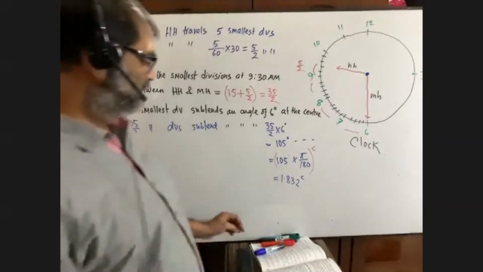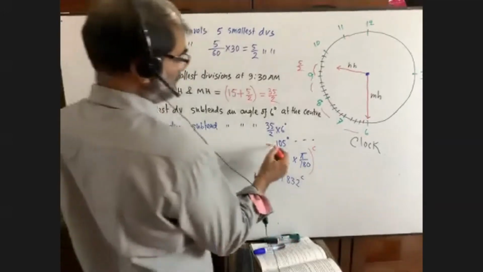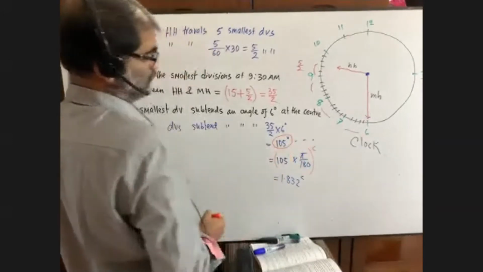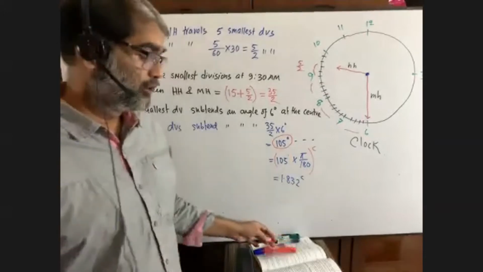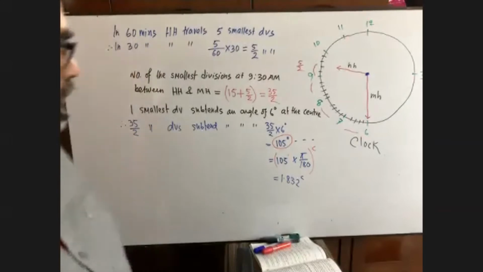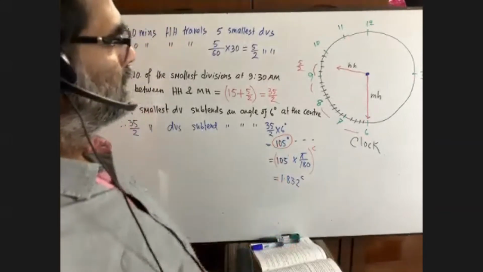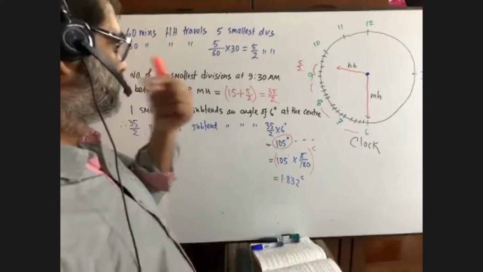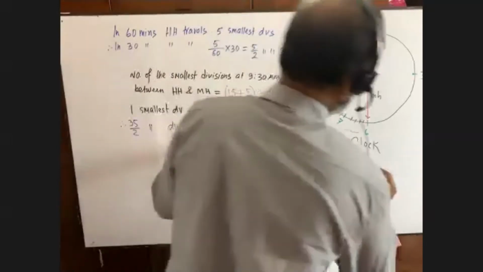Now let me know, when this math will be given in the exam, if it is given in MCQ, your answer will be like this in MCQ. Okay? You will be told to express it in degree. Now you forget it. Okay, this math. I am giving you another math. Suppose it is 4:40.